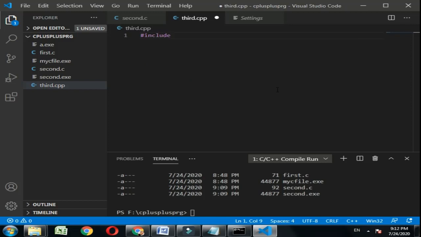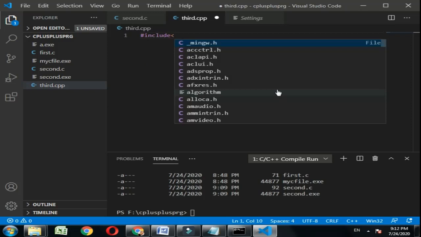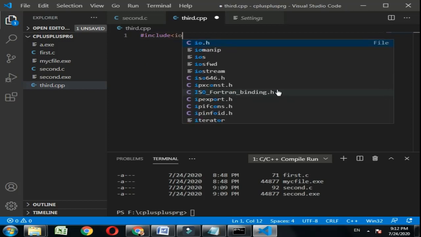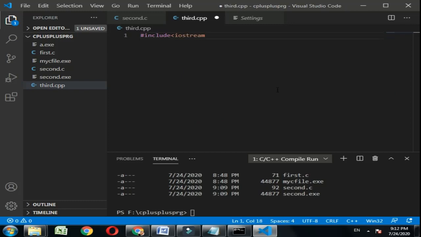Now I type the open angle bracket, and I just choose iostream, and press tab. So what does the tab option do? The tab option writes the entire thing.